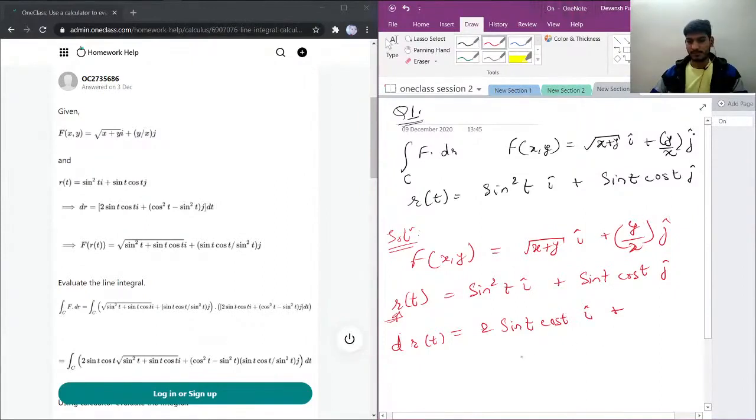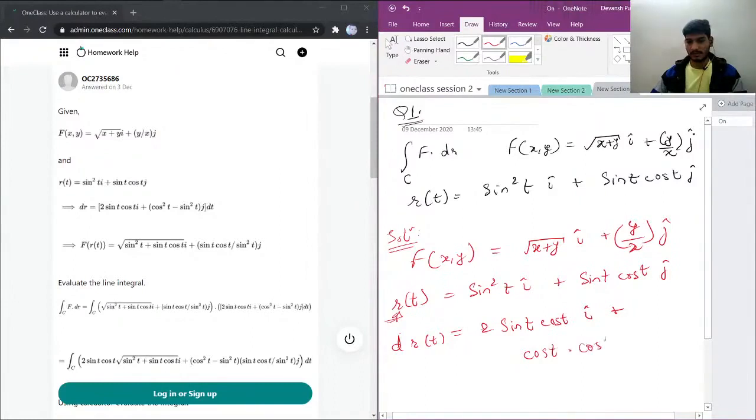So this will become sine times, cosine will be kept constant, so sine is cosine, sine will be cosine t